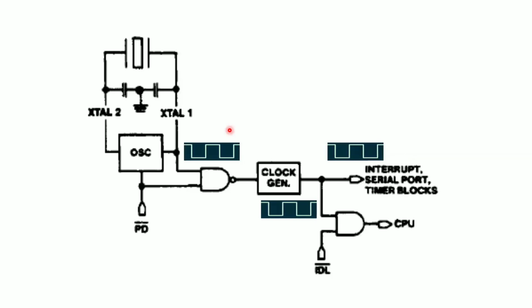With the help of pressing buttons, making calls, or getting the alarm, you can make your mobile phone go to active mode. Now let's see how exactly idle mode works. So this is your crystal oscillator. During the sleep mode, what will happen? Sleep mode is nothing but your idle mode. So during the idle mode, it will cut the clock frequency to the processor. If I cut that frequency to the processor, the processor will not do any new operation. But still we can give the clock source to your interrupts, I mean your serial port and timer.